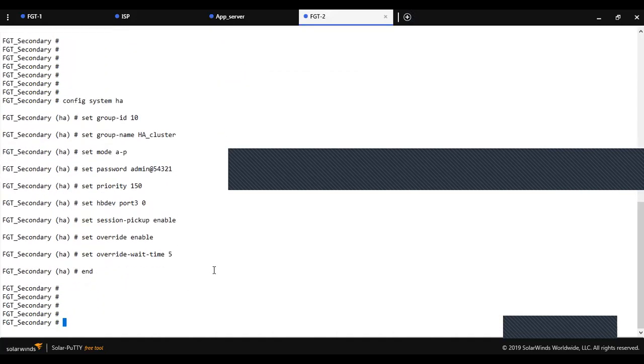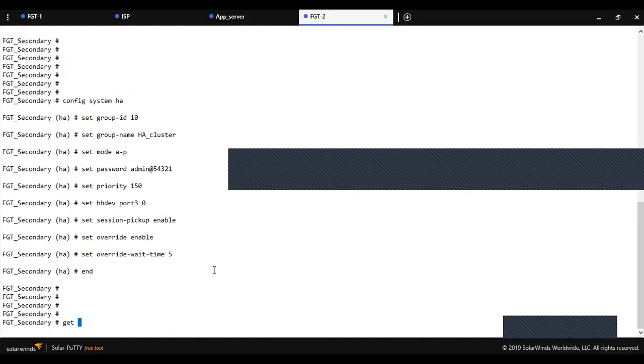As you can see, I have configured everything I configured on the primary firewall except the priority. Just wait a minute, because it will take time as all the configuration is syncing from the primary firewall.